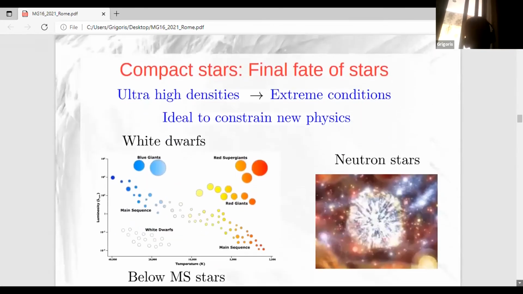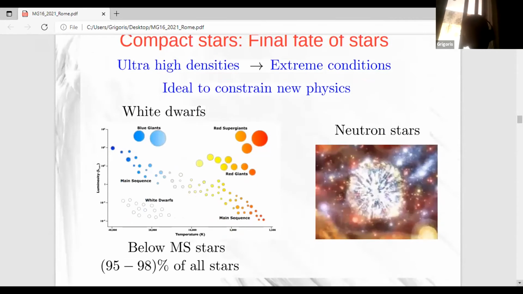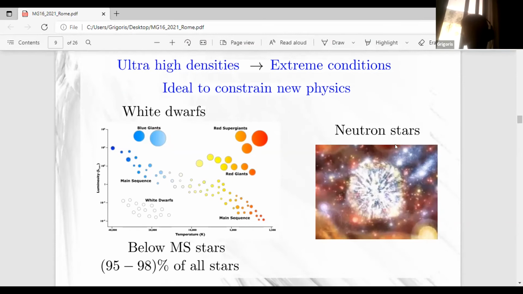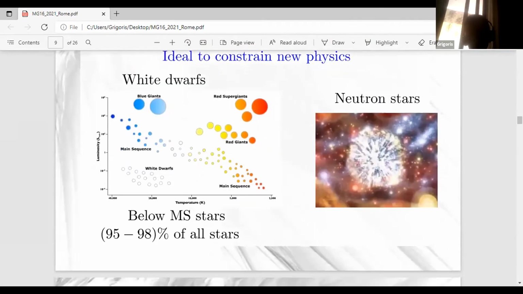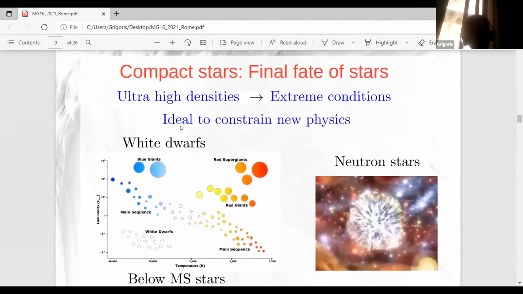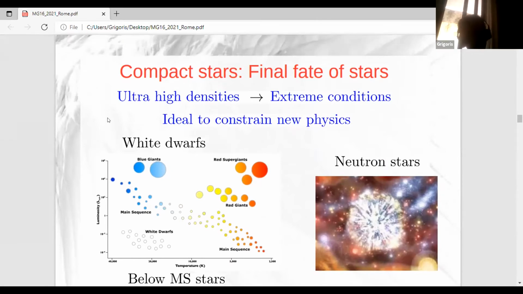Now, how to test extensions, new gravitational theories beyond GR? One way to do it is to consider astronomical objects, in particular compact stars. There are two advantages to this. First, they exist in the universe. They come for free. And the other thing is that since they are very dense, one expects that gravitational effects will be very important there. And so one can try to study and constrain non-conventional gravitational theories.